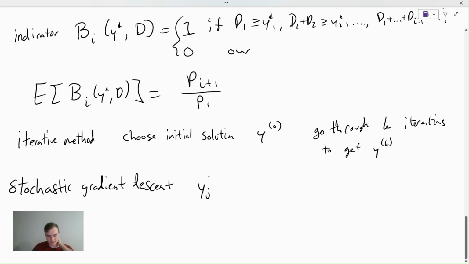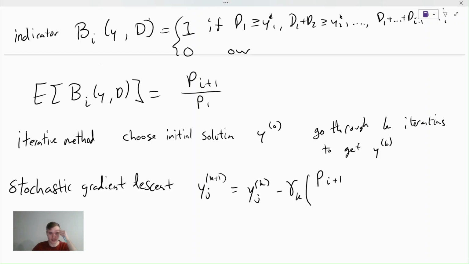And so our y of j at iteration k plus 1, how are we going to choose our y for the next iteration? Maybe we save y star for the optimal and y for the current iteration, right? So for the current iteration, we have value y, k plus 1, and we're going to set each element separately, right? So y is our vector. We want to know how to set each element of y at iteration k plus 1. Well, we're going to take the last iteration and then subtract gamma k times, again I switched to j over here because I have that written down,